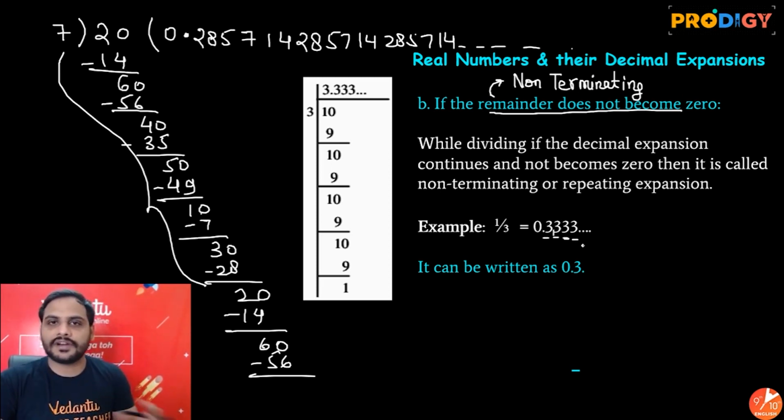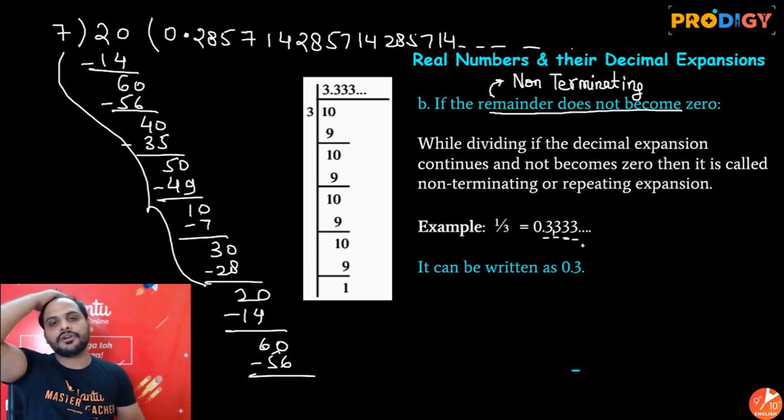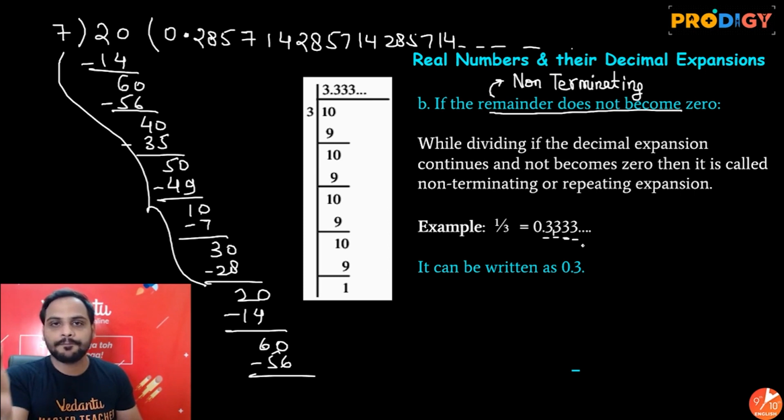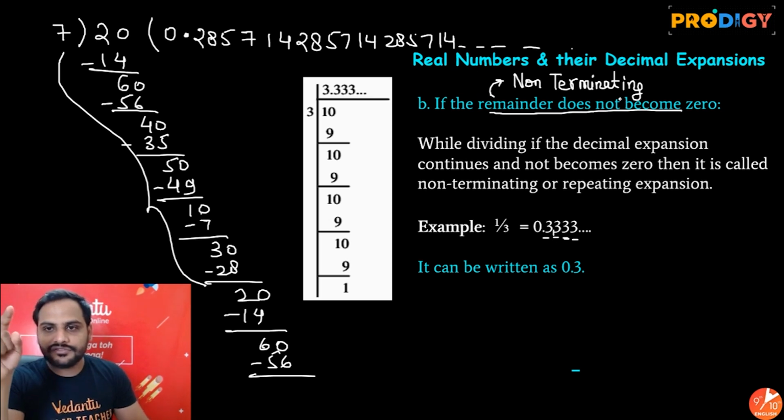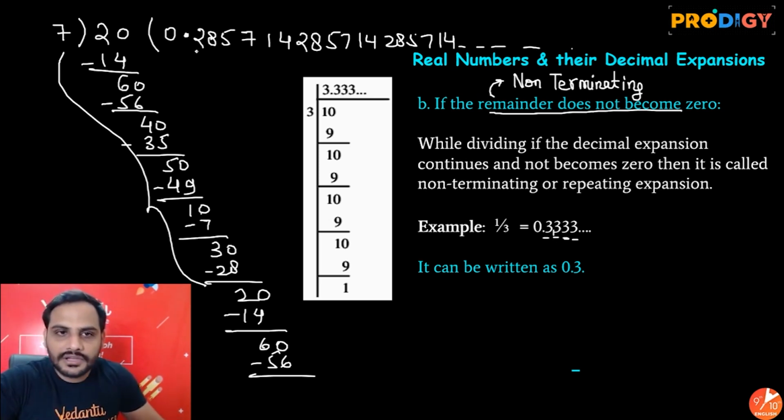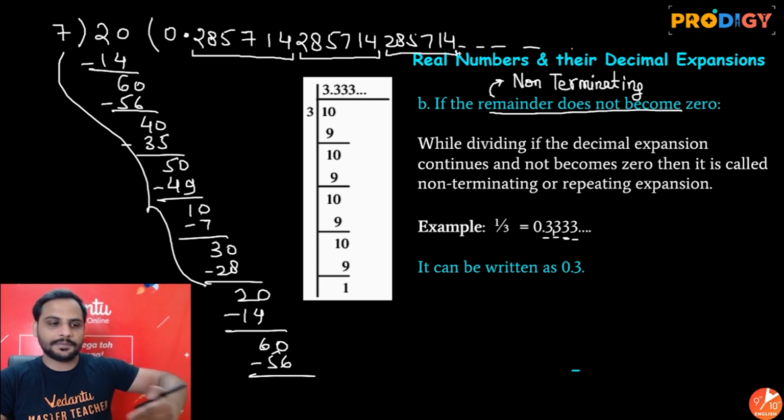So in case of rational numbers where we have the P by Q form, and P and Q are integers, Q is not equal to 0, remember either the remainder will be 0 or the remainder will not be 0. But when the remainder is not 0, the number of decimal digits in the quotient is infinite. So it is non-terminating, but also there will be a pattern. There will be repetition. Digits will appear repetitively.